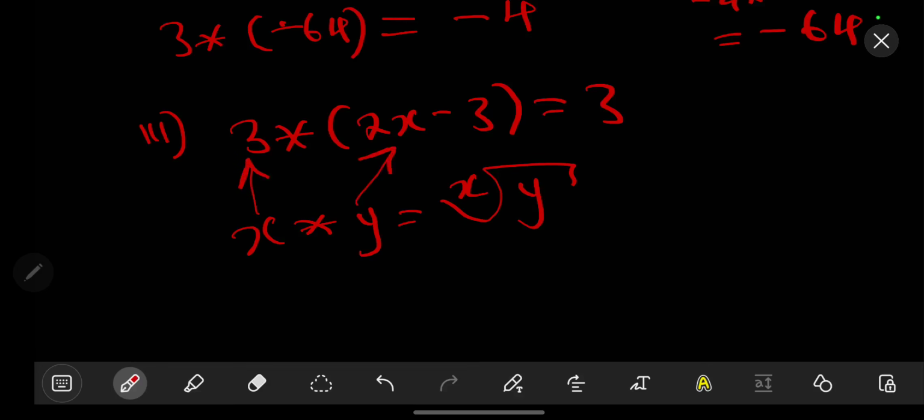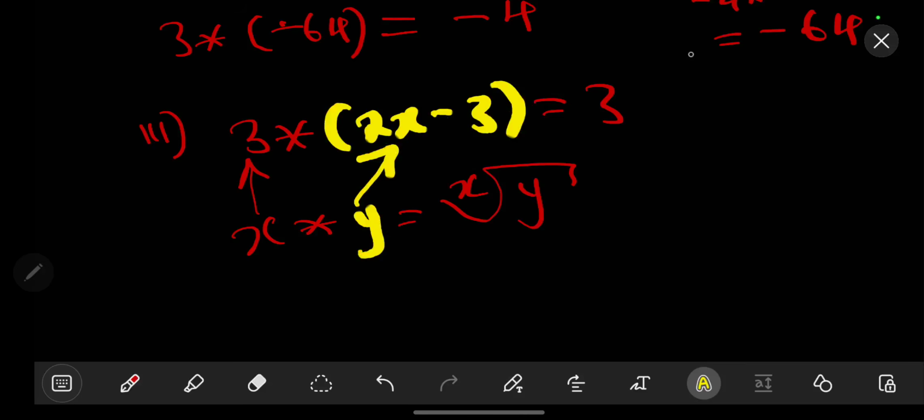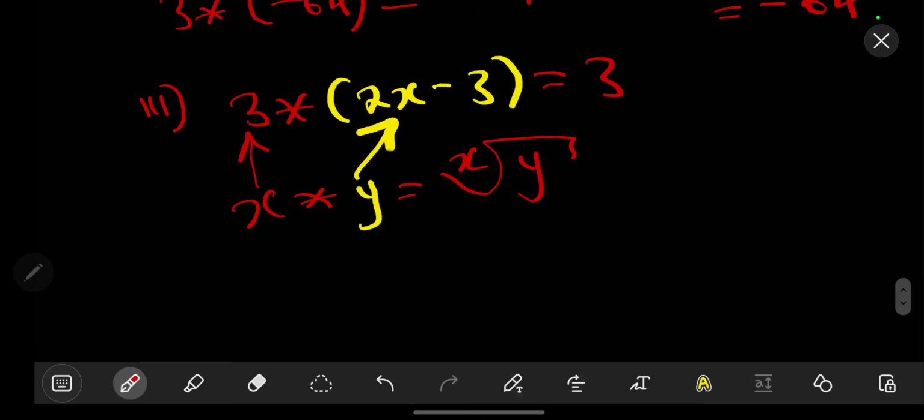Where there is y, all of the numbers in the brackets will represent your y. So your y is this value, and your x is just the 3. So we are going to say 3 star (2x - 3) is equal to